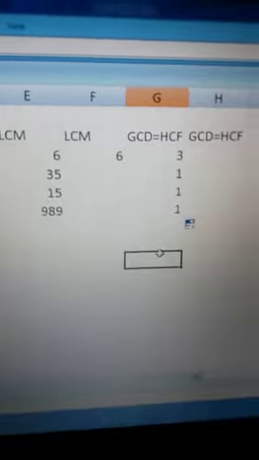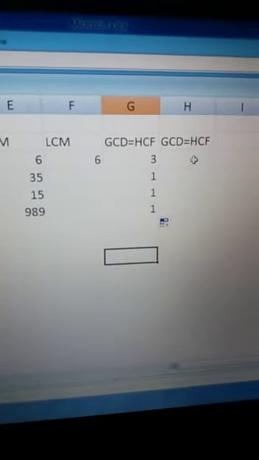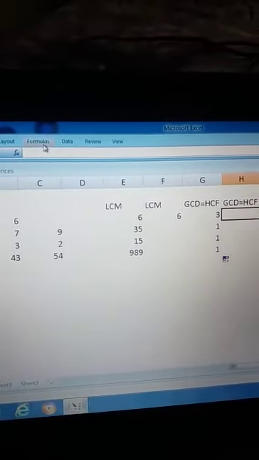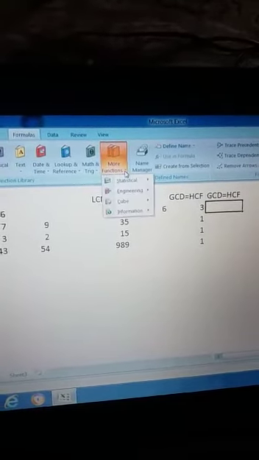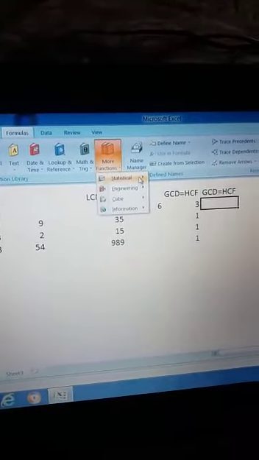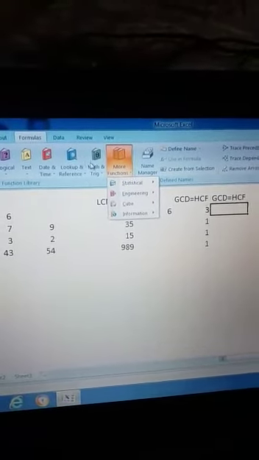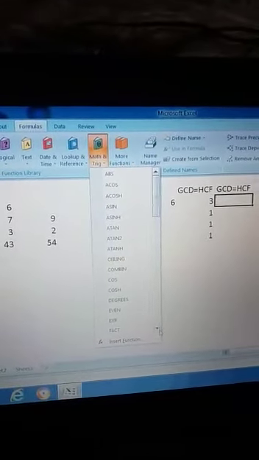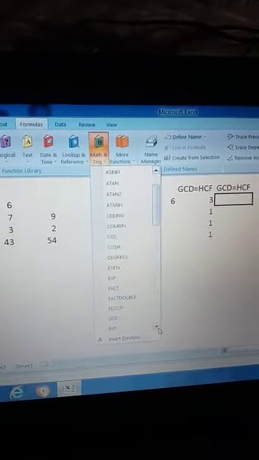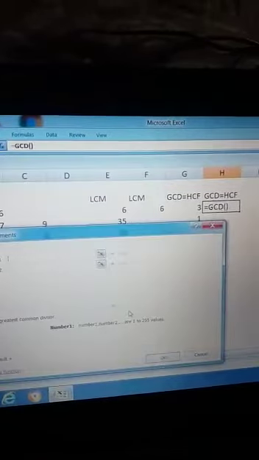Okay, now simply by dragging it down, you will find the HCF of all. Now by formula, how to find out? Here you will click on formulas, then more functions, then statistical, and then maths and trig, and here will come GCD. Here is GCD. Understand?